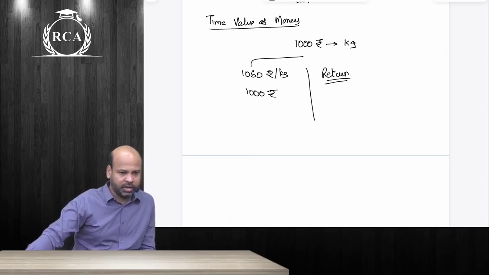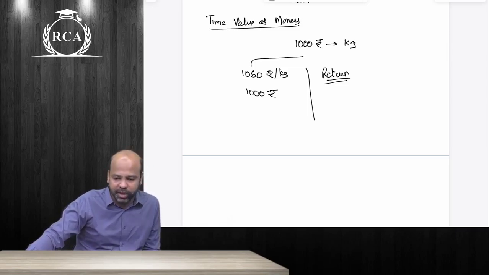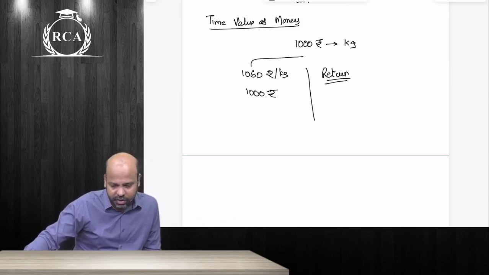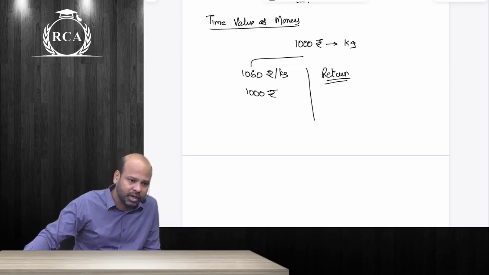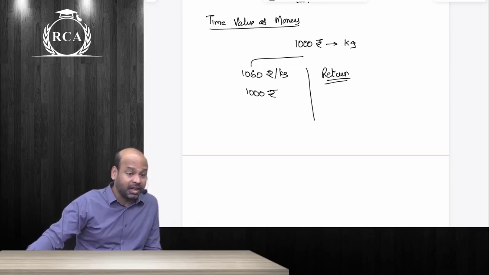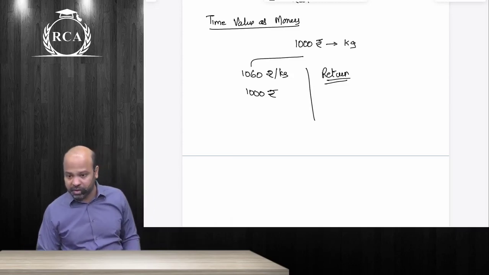Don't you normally see this in the news, beta? That some part of your investment should be made in gold and silver to beat inflation. Because historically, the gold prices and silver prices have been in line with inflation. Higher the inflation, higher will be the increase in the prices of these commodities. So there you are not getting return in the form of interest. That is only in the form of capital appreciation.